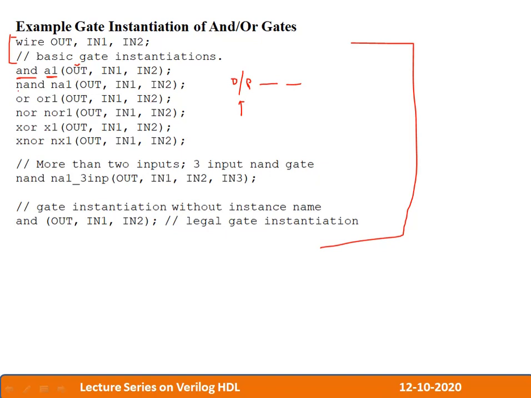Now, similarly, the NAND has been mentioned over here. Again, NA1 indicates it is an instantiation of this particular NAND gate. In the sense, for example, there could be multiple NAND gates in your circuit, and how do I know that particular NAND gate is NA1 or N2 or N3? So, in order to differentiate that, the characteristics of N1, N2, N3 are of a NAND gate, but the name I'm going to mention is N1, N2, N3. That's the reason why I instantiate. So we'll try to justify all these aspects with respect to simple simulation.